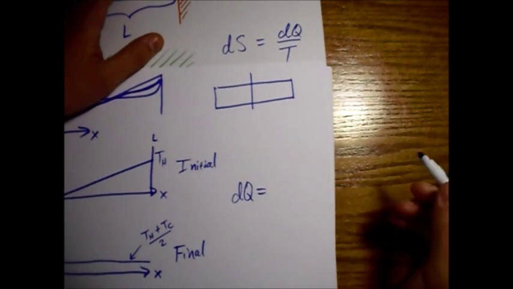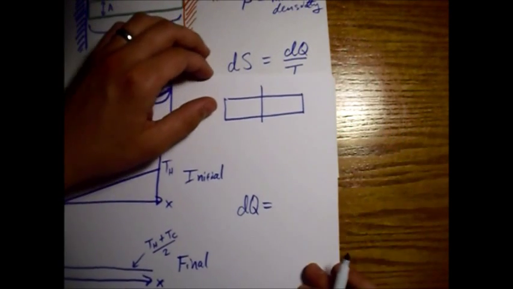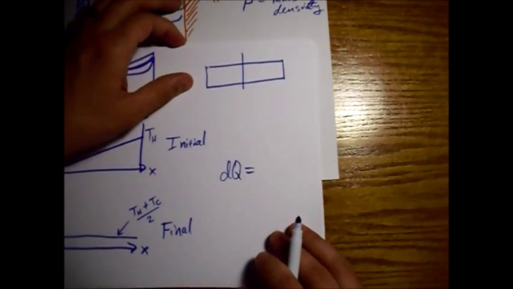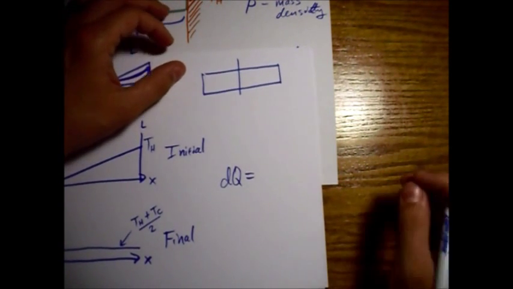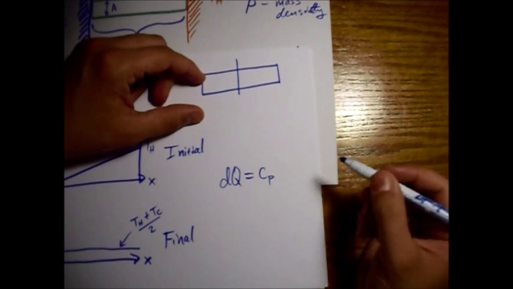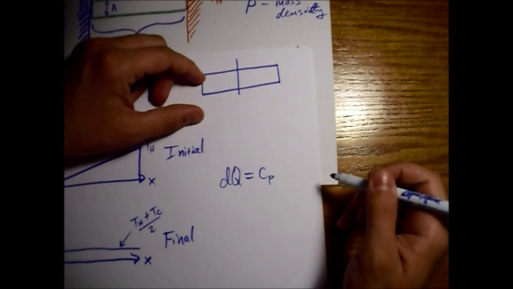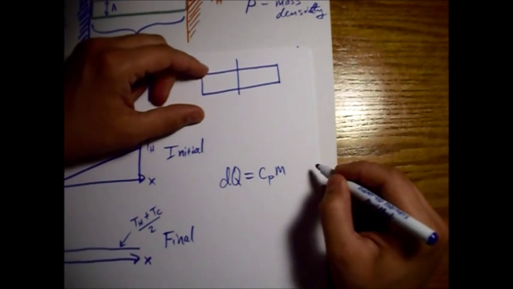All right. So specific heat is, I guess what we're actually looking for is more of the heat capacity. So what we need to do is multiply the specific heat by the mass, and then